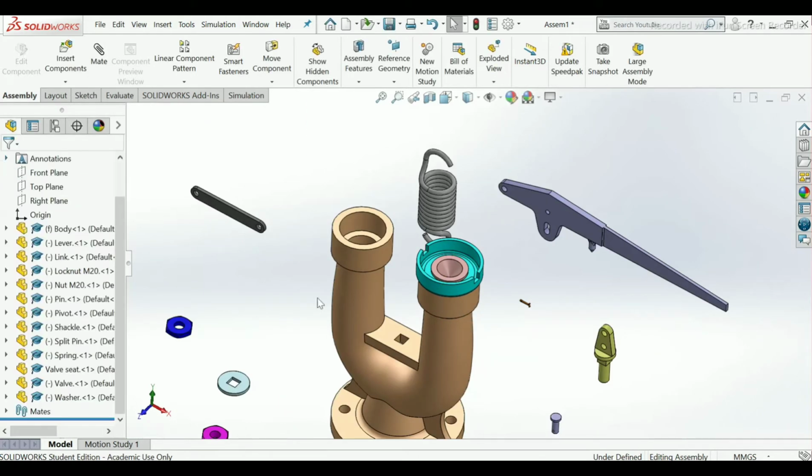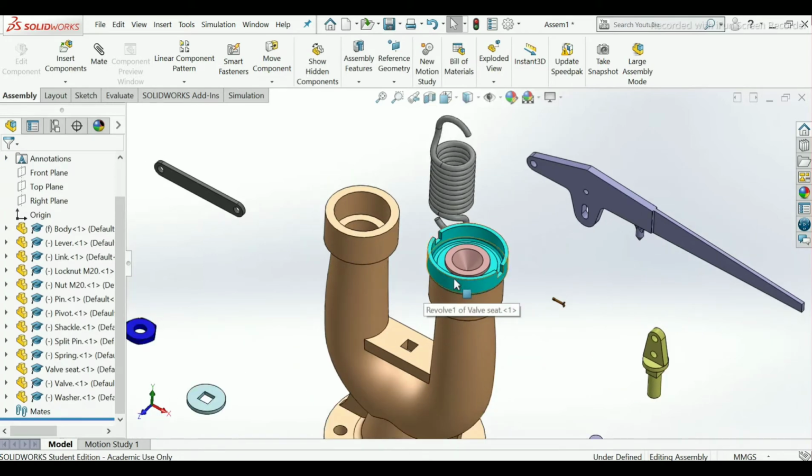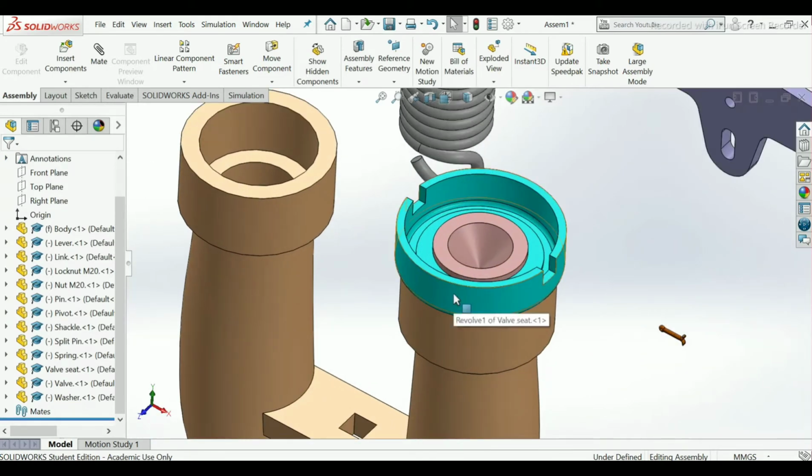Exit. Now if you want any duplicate components here, we can add them by pressing Ctrl and selecting the component that you want.